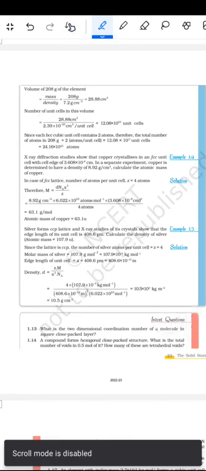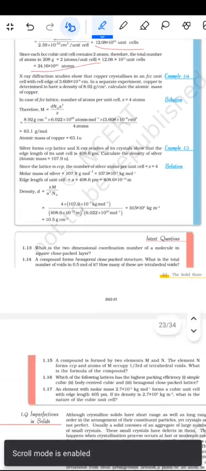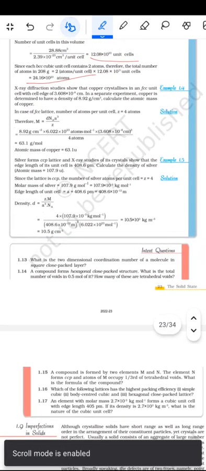अब वॉल्यूम ऑफ 208 ग्राम ऑफ द डेंसिटी, तो मास बाय डेंसिटी आ जाएगा 28.88 सेंटीमीटर क्यूब। तो नंबर ऑफ द यूनिट सेल इन दिस वॉल्यूम आ जाएगा 28.88 बाई 2.39 गुना 10 का पावर माइनस 23, तो 12.08 गुना 10 का पावर 23 यूनिट सेल। क्लियर हो गई बात। तो इच बीसीसी में 2 एटम होते हैं, देयरफॉर द टोटल नंबर ऑफ द एटम्स इन 208 ग्राम में आ जाएगा 2 इंटू एटम्स यूनिट सेल गुना 12.08 गुना 10 का पावर 23 यूनिट सेल, तो आ जाएगा 24.16 गुना 10 का पावर 23 एटम।